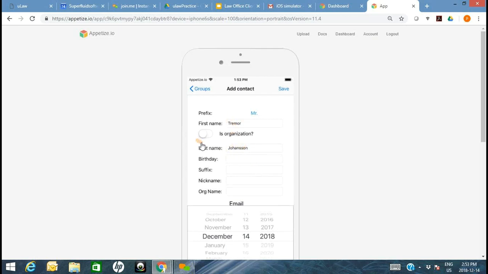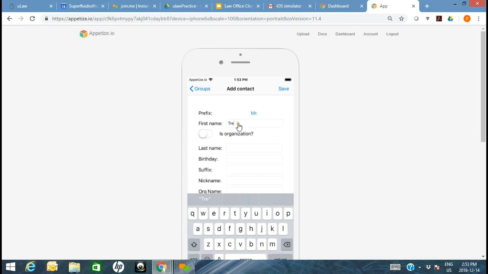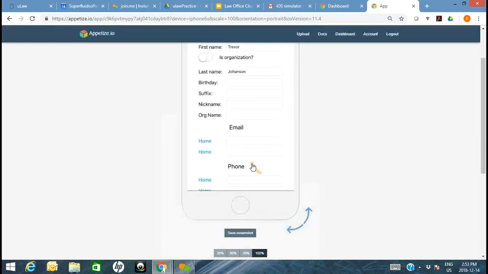I'm just going with a random name. So he's obviously not an organization, but if you're dealing with an organization, you can just say yes to that, right? And this is Mr. Trevor Johansson,